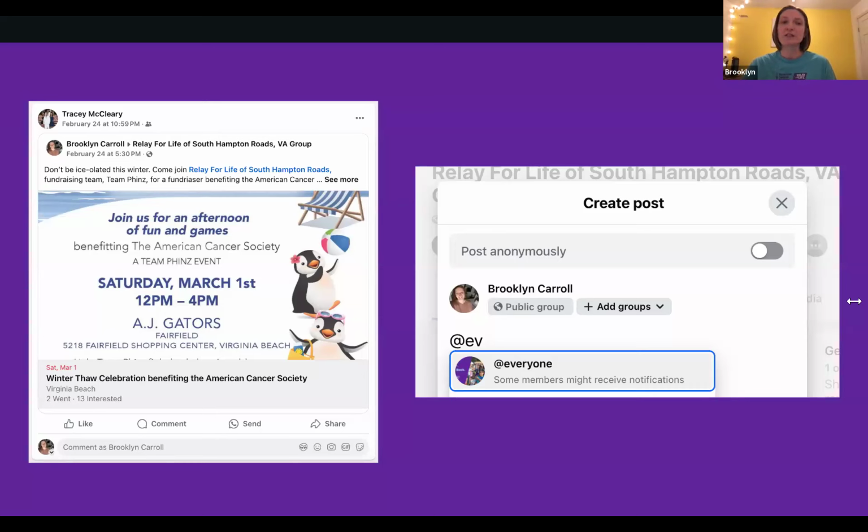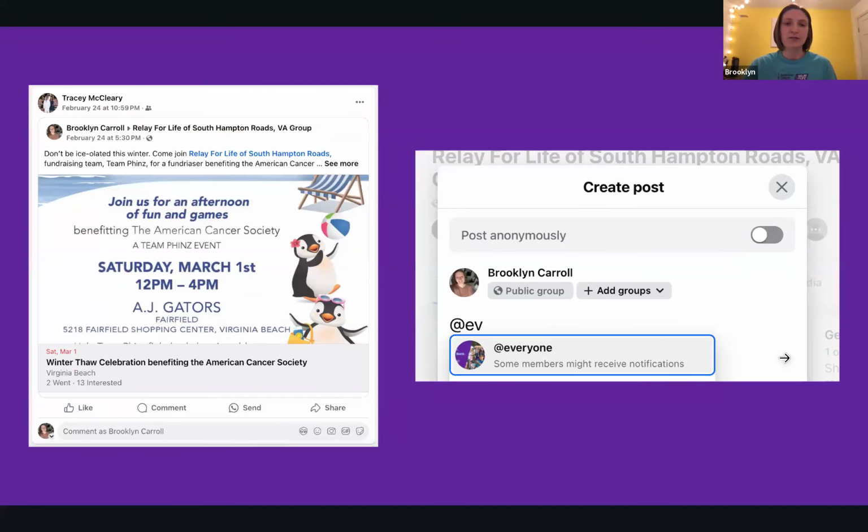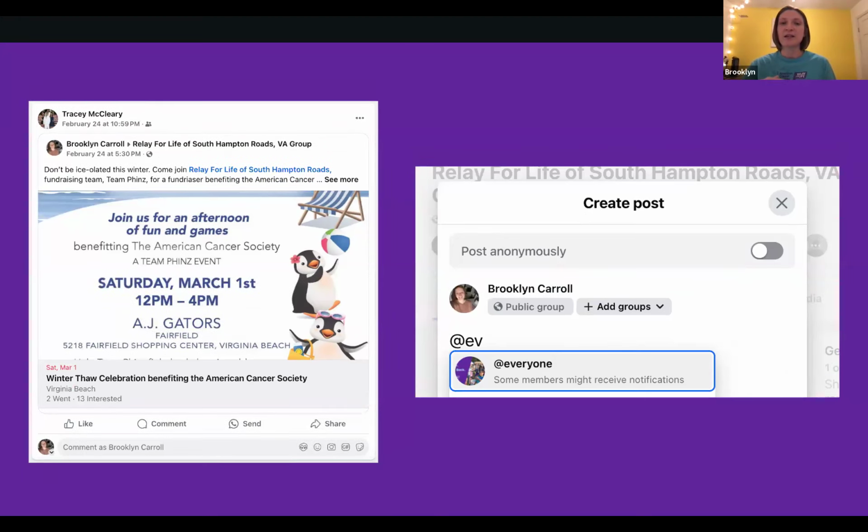I also think public Facebook groups are great for our needs because our content, kind of what Dom was talking about, is openly accessible to anyone on Facebook. So it's great, especially for the example on the left. That's one of our events we created, I think it's a winter fundraiser. And Tracy, in my example from my relay, shared this group event post that I made. So when she shares it, all of Tracy's friends on her Facebook could see this post. And because it's public, every one of her friends can see the post and actually read what's going on.